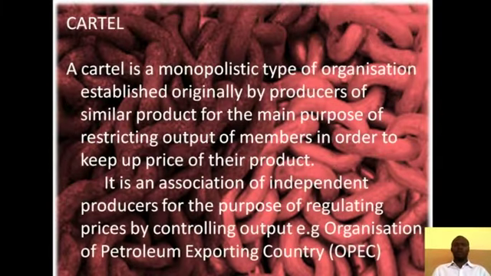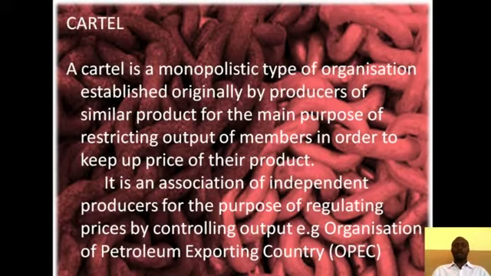Now, let's look at the term cartel. Cartel is one of the business combinations that we have out there. It has to do with the coming together of independent producers of similar products. A very good example is OPEC, which is the Organization of Petroleum Exporting Countries, of which Nigeria is one of them. Their main reason for coming together is to see how they can have a strong influence, a strong control